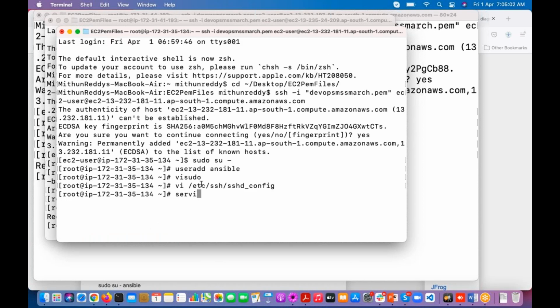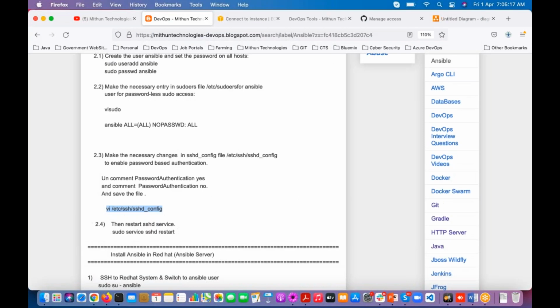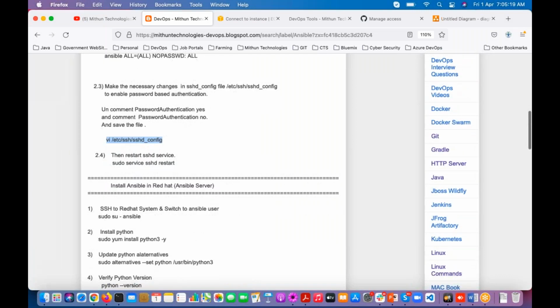Restart the service name, restart. So the step 2 is over, right?